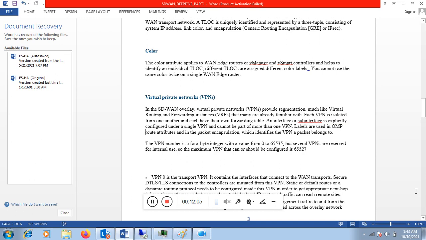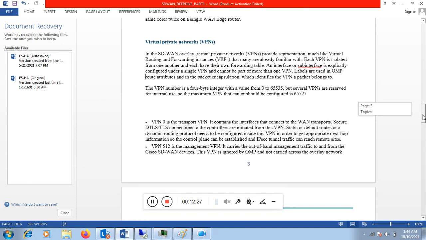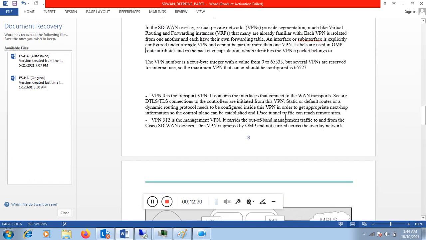So VPNs are similar to VRF. In a traditional network we had VRF, now in SD-WAN we have VPNs. VPN is basically a segmentation of the routing table, so you have a different routing table per VPN. With SD-WAN you can have VPN numbers from 0 to 65535, among which VPN 0 is reserved for the transport VPN.